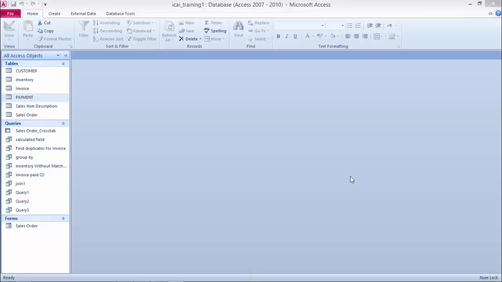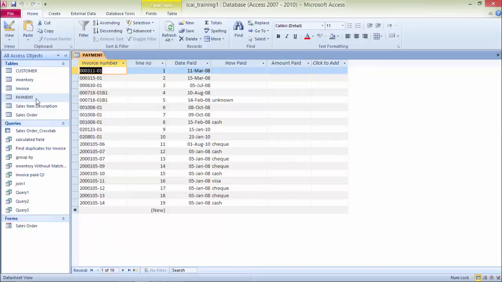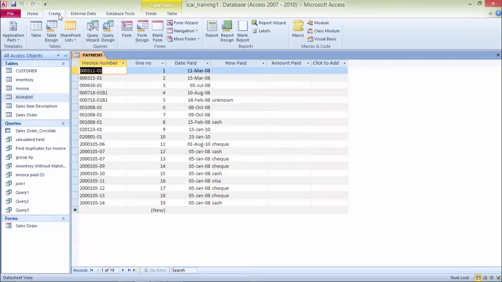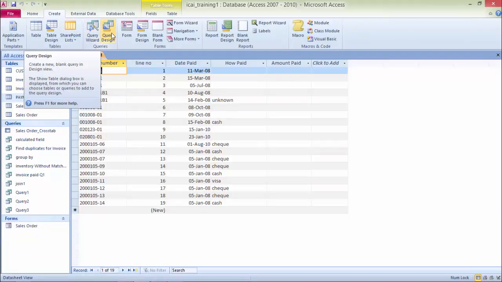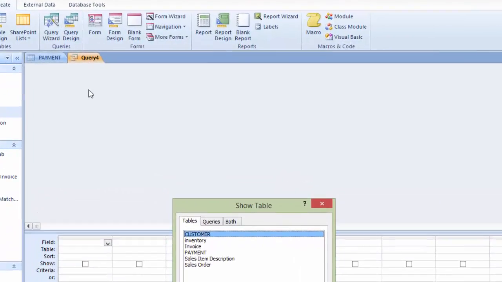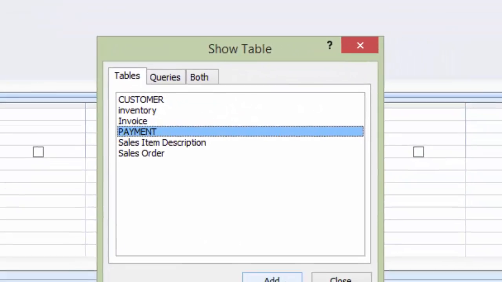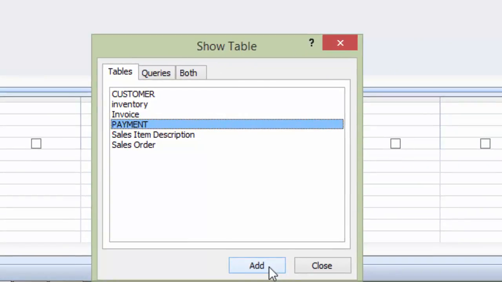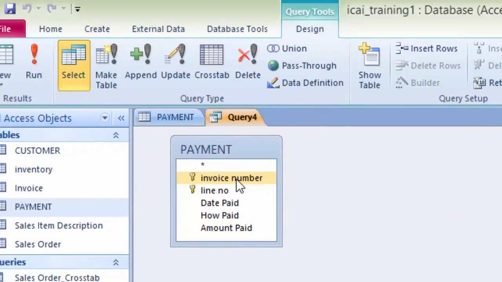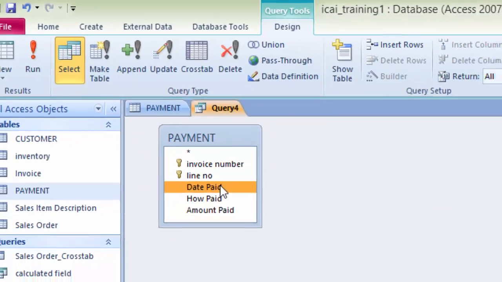Now the solution. First, select the payment table from the database and then come to the Create menu. Then come to the option known as Query Design. Click on the Query Design option. A default dialog box appears. Select the payment table, click on the Add button, and close. Select the fields invoice number and date paid,